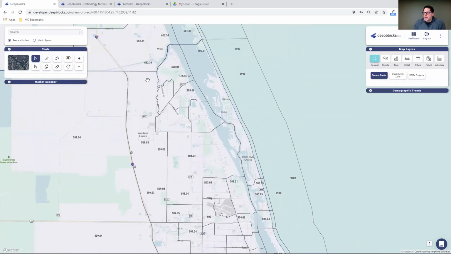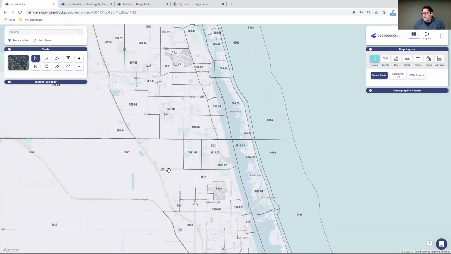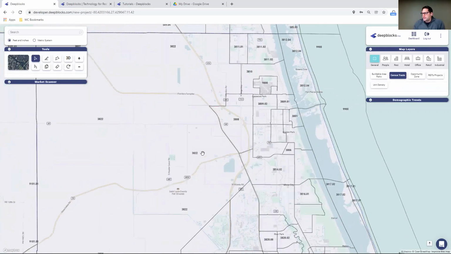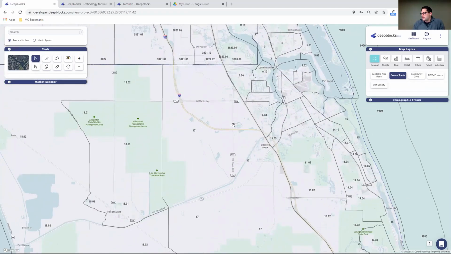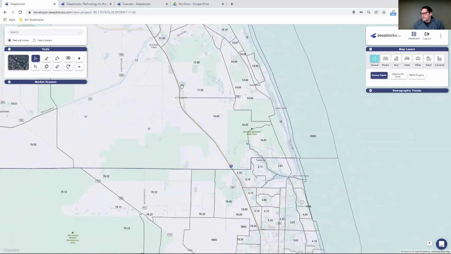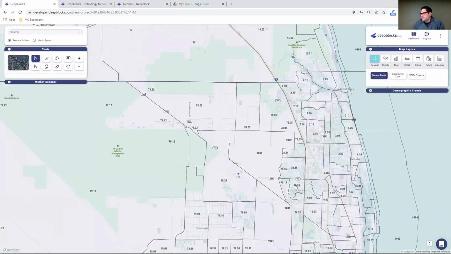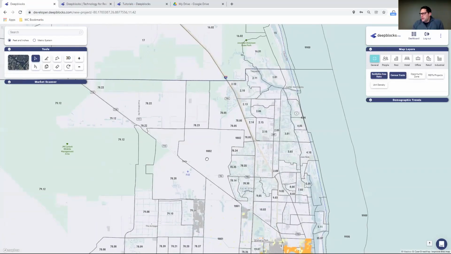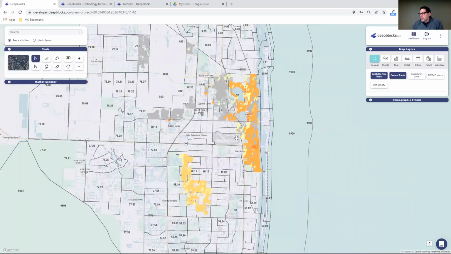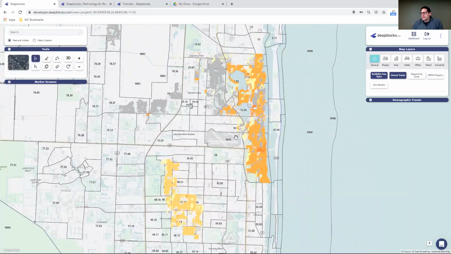In addition, as you search for the different census tracts, we can always turn on some of our layers to help us confirm and identify where we're seeing the growth and strength in a particular market. So they go back south a little bit here into Deerfield Beach. I believe it's right over here. Correct. All right, so we can turn on the buildable area ratio, which is always a good measurement for understanding where we're seeing the pockets of density, where we're seeing growth in a particular area.